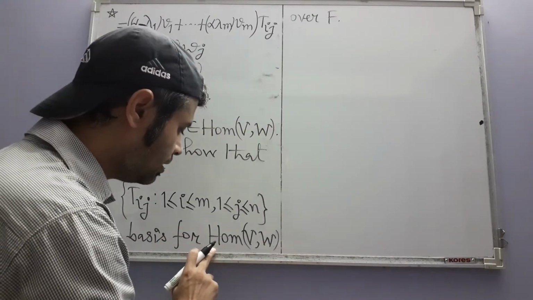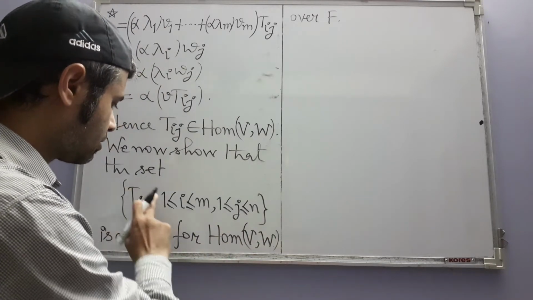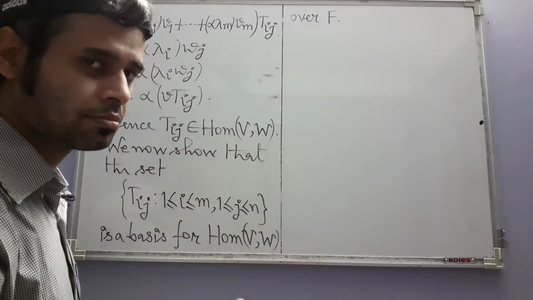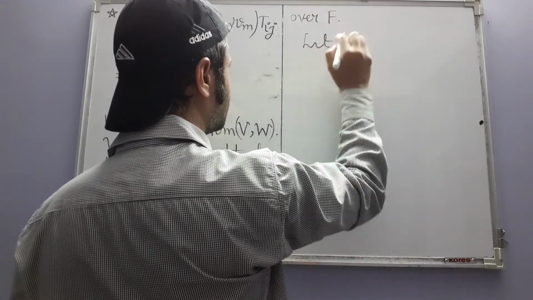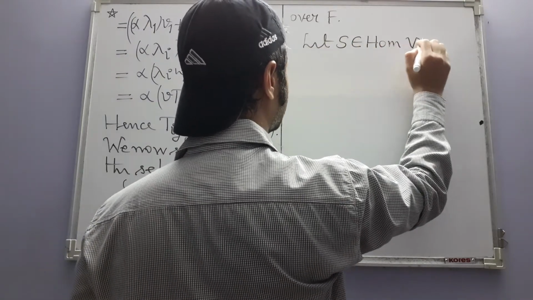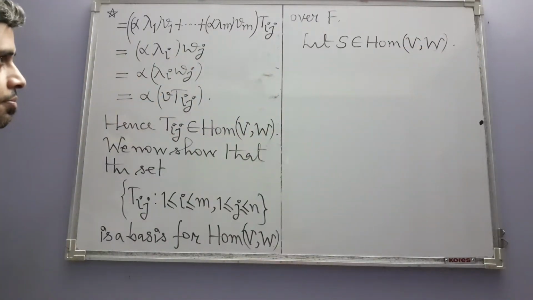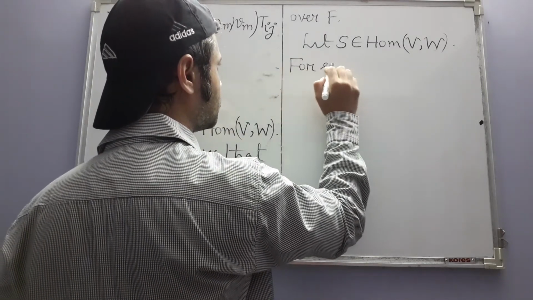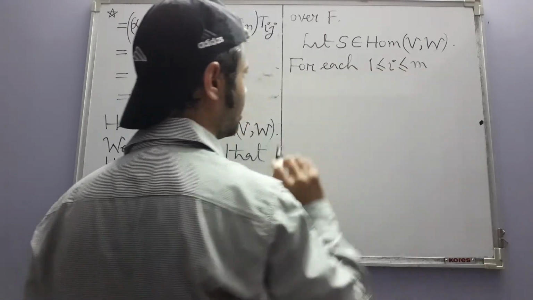We are going to take any element here and show that that element is a linear combination of these Tij's, using some appropriate scalars from the field F. So let S be any element in this space. For each i varying from 1 through m,